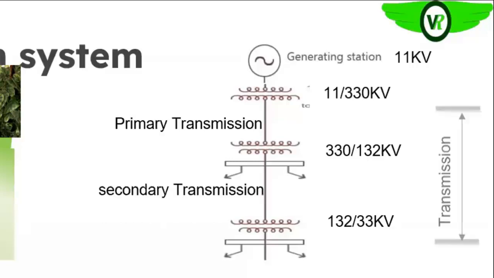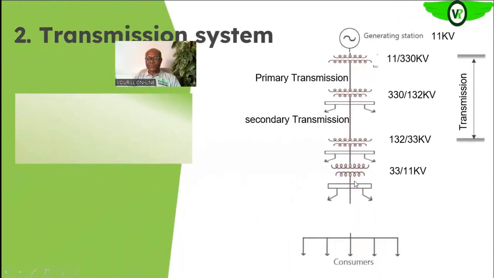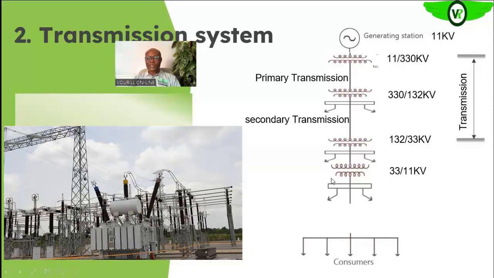So that is the end of the secondary transmission section. So the 33 kV is sent to an injection substation, where it is further stepped down from 33 to 11 kV, as we explained earlier in